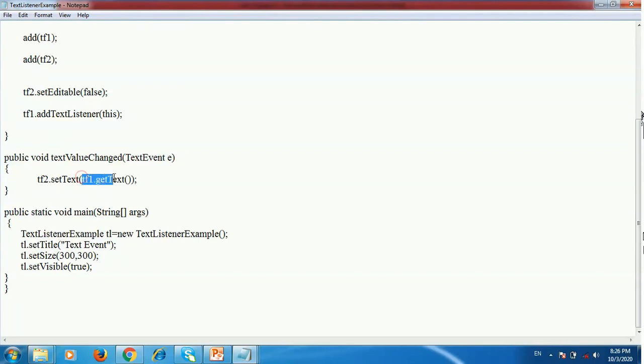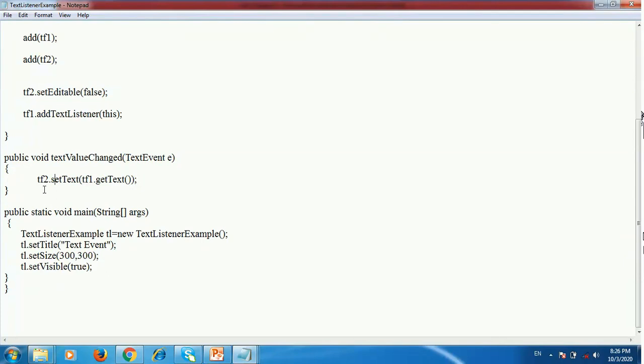This method returns the text field 1 message and sets it to text field 2. Means whatever you type in text field 1 is automatically copied into text field 2 because of this statement. tf2.setText(tf1.getText()) means text field 1 message is set to text field 2.